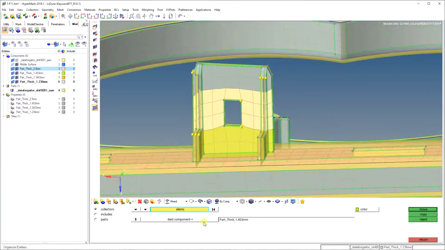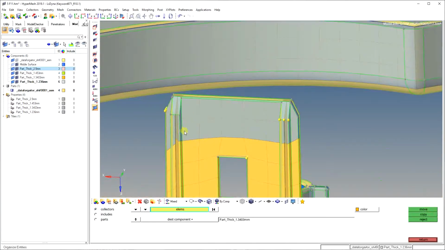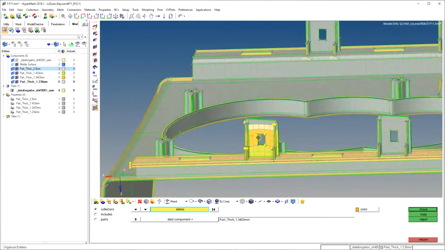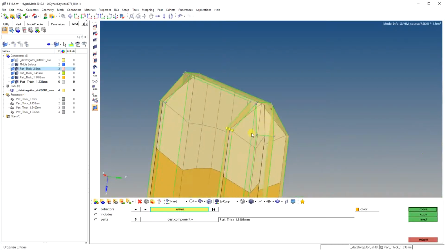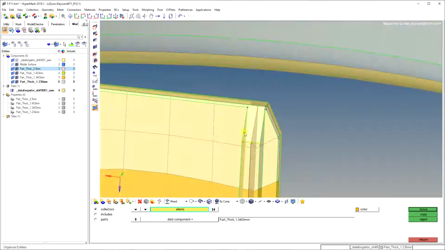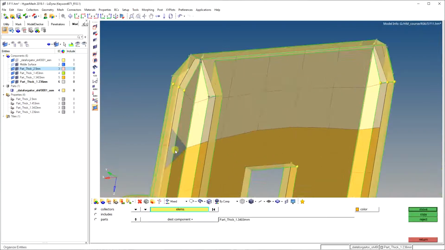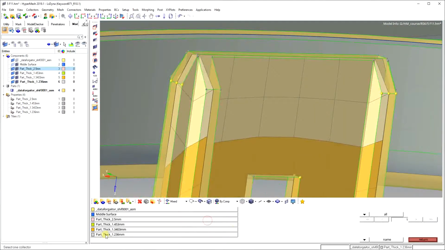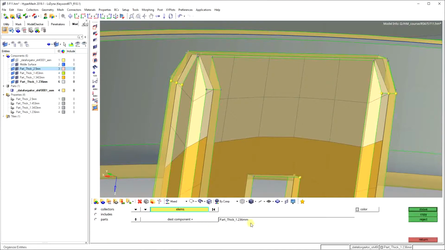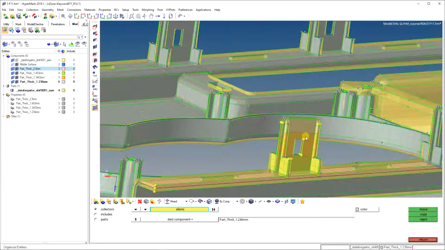Now move this to 1.340. Now top. By using shift you can also select. Okay, and give the minimum thickness, that is the top thickness, 1.236, like this.